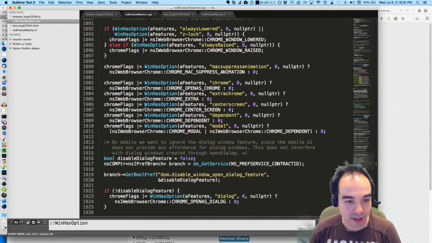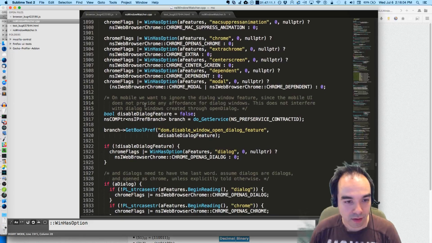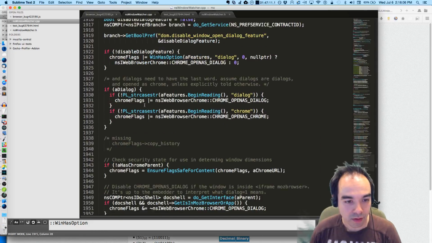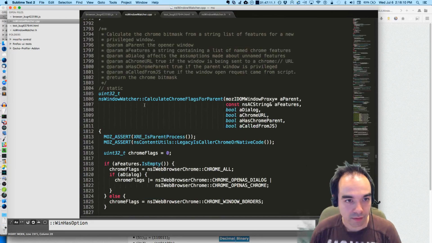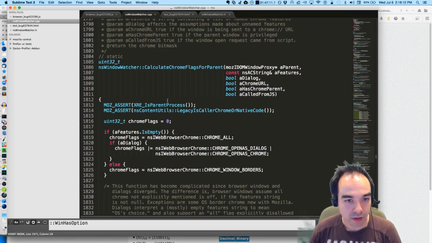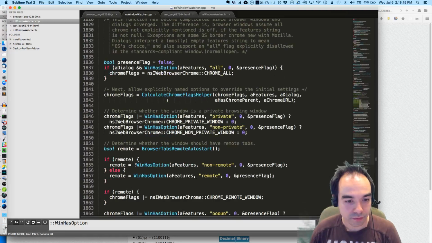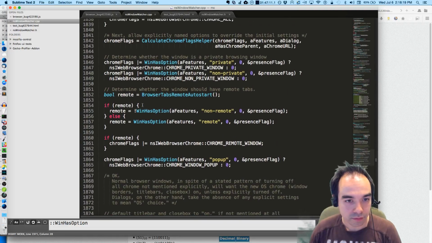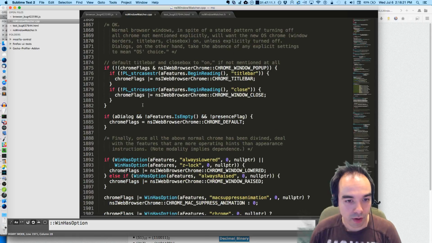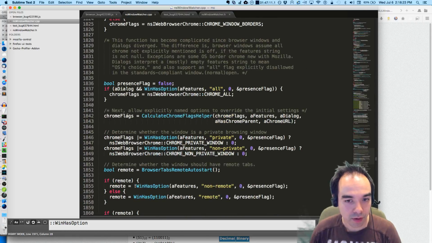The Chrome flags that got set were never set. Am I calling it wrong? Helper. Chrome flags.